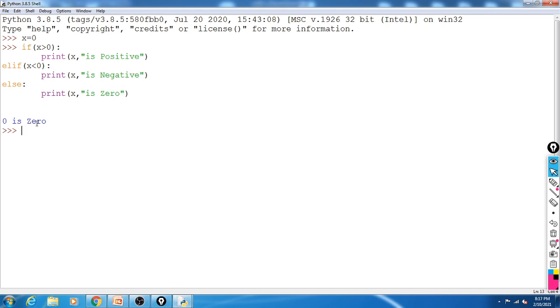This is 0. So you can write a script for a digit, meaning to print a digit in word format, or you can write a script to find the day of the week in word format. Like this you can do a number of mathematical problems. You try this and solve all the questions: positive, negative, 0, digit in word format, day in word format. And one assignment is given there, you solve this.